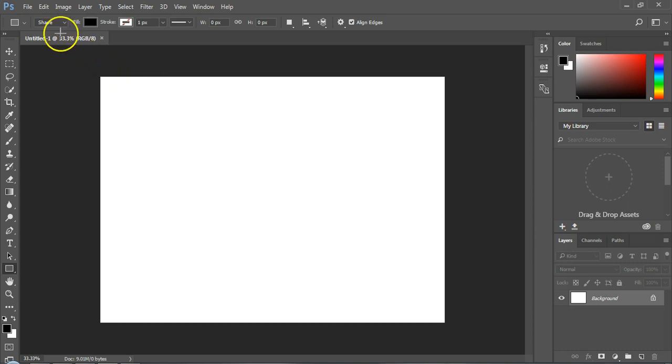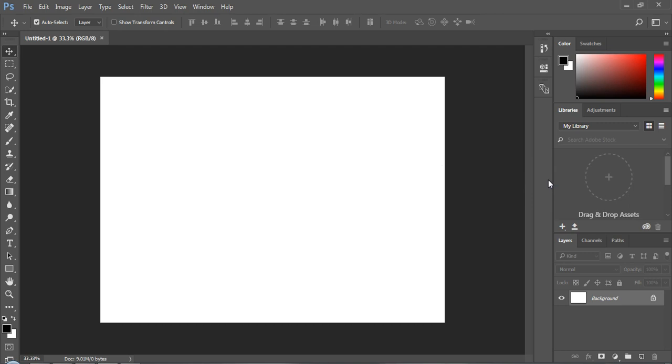Immediately below the menu bar is the control panel. It shows various properties and options available for the tool active at a given time. It is one of the most important panels after the toolbar, and you will be using this panel a lot while working with the program. Now, as I go through the toolbar, you can see that the control panel is changing. Later in the course, you will learn how to use this panel as we start to use different tools in the toolbar. Now done with left and top, let's look at the right hand side of the Photoshop window.